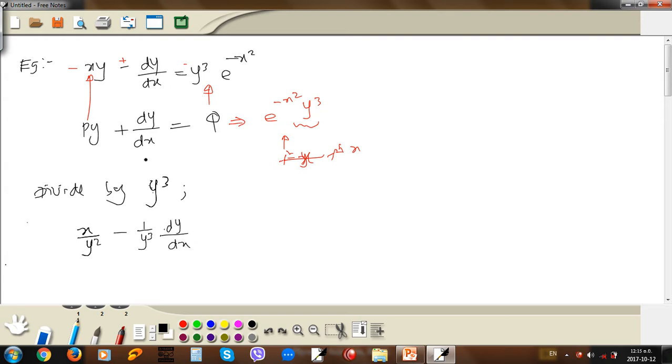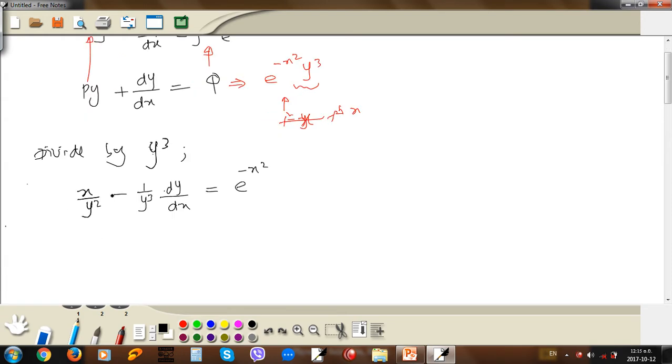I am dividing the whole equation by y cube, equals e to the power minus x squared, right? But it is still not in linear form. Why? Because now the y term comes here, so this is not a function of x. Now I am going to take